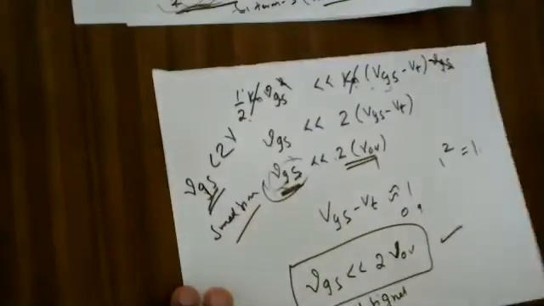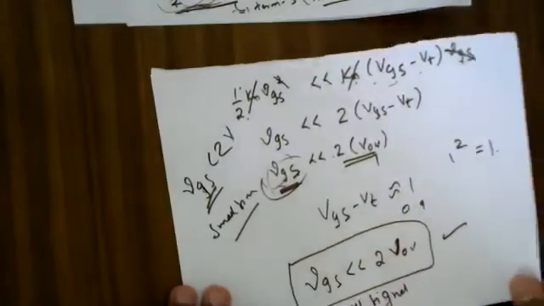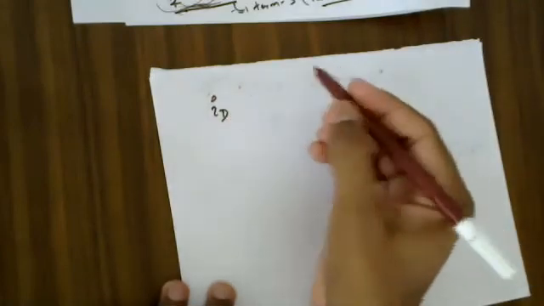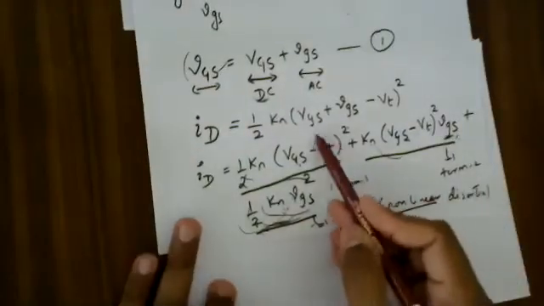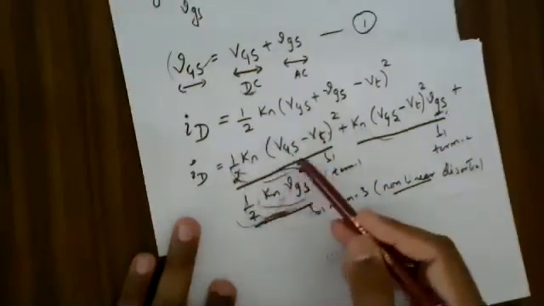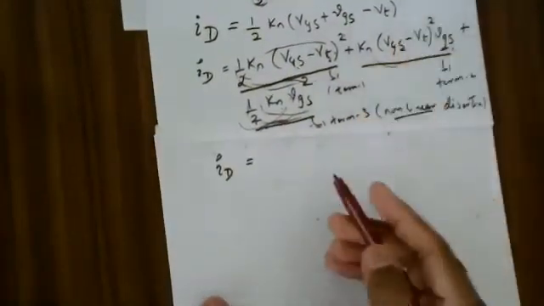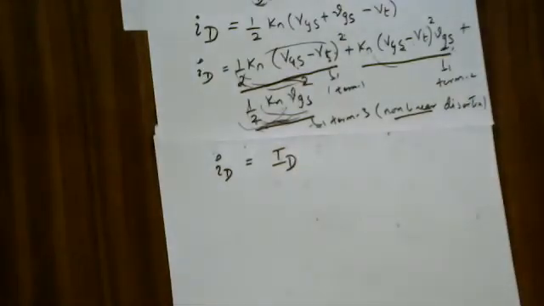Okay, so now what we're going to do over here is, since I know that in my circuitry I have two kinds of voltage sources, one a DC, one more an AC, I can simply say over here that my drain current ID, AC component as well as DC component, can be given by, now I had asked you people, what is this term representing? It is representing a DC component. Since this term is representing a DC component, how best can I write this? I can write this as capital ID, which was responded by Archana.